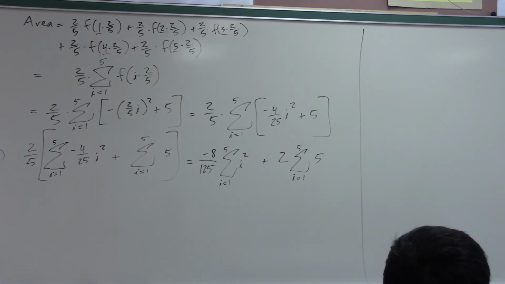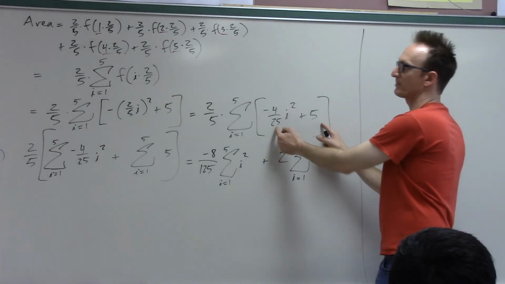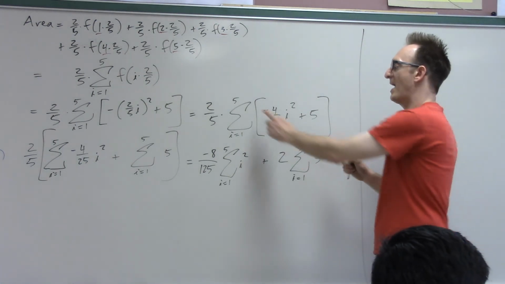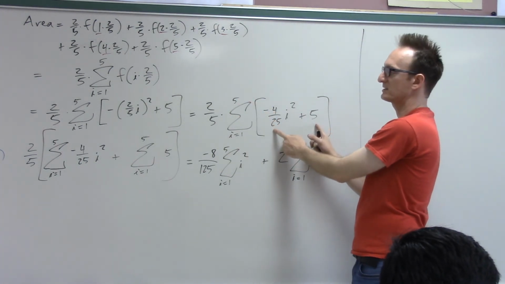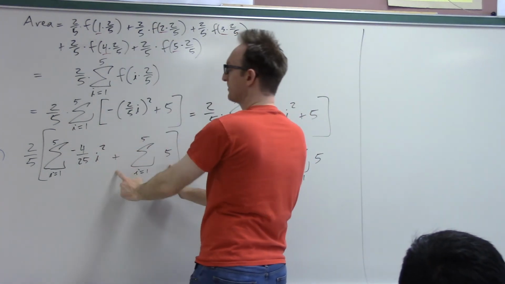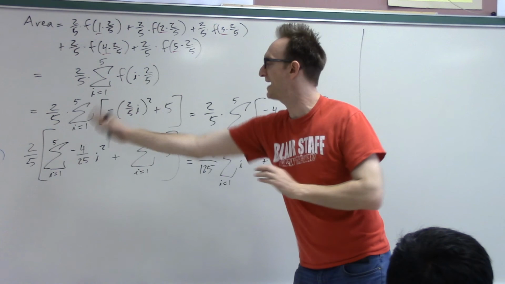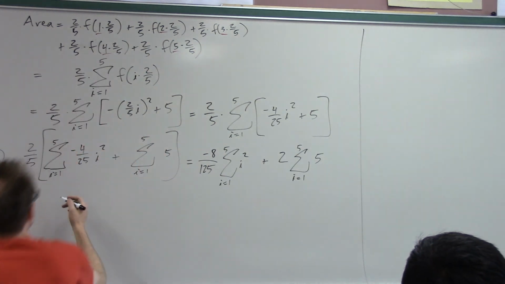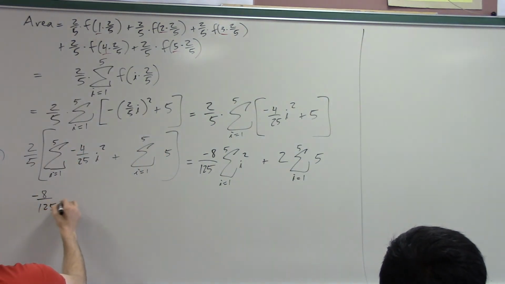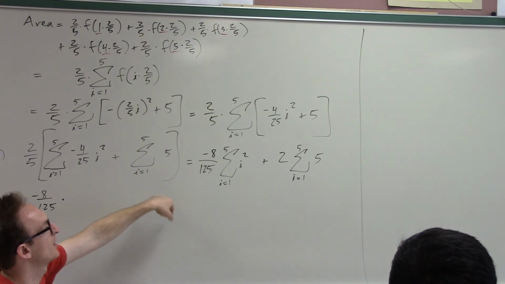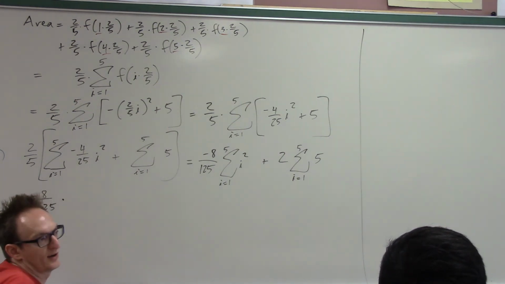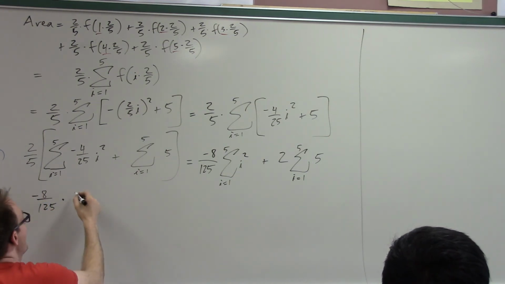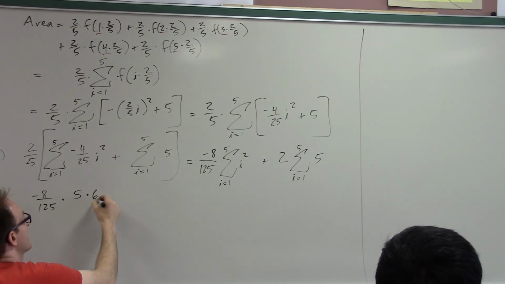Alright, does everyone see what I did there? I first split up this sigma into 2 sigmas, which is allowed because it's all just the associative property of addition in weird ways. If I'm adding up 5 times a pair of things, that's the same as adding up the first thing 5 times and then the second thing 5 times. And by splitting it and factoring out the coefficients, I can now use this formula. So I get negative 8 over 125 times the sum from i equals 1 to 5 of i squared. Of course I could do this even if I didn't know the formula, but I do know the formula. It's 5 times 6 times